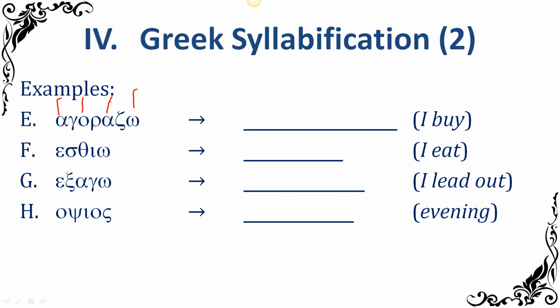The alpha, gamma, it's not another consonant. There's not another consonant after the gamma. It's just gamma. If it was gamma, gamma, the alpha would get the first gamma. Yes, okay. Very good.